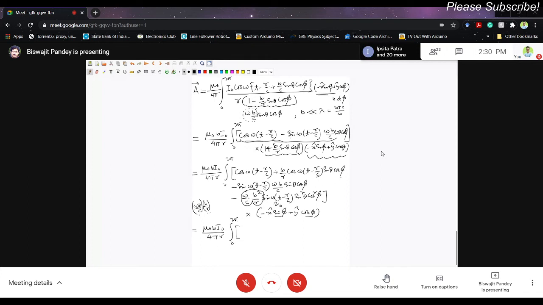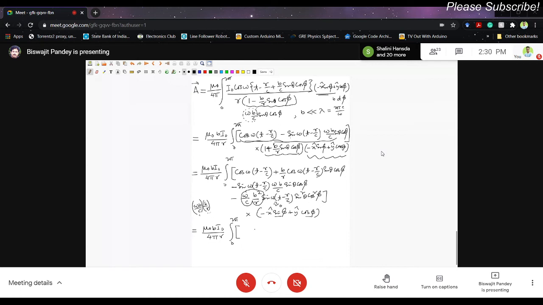Cos phi into cos phi, that will be cos square phi. That term will survive. And for the last term also, cos phi into cos phi, that term will survive. That will also be non-zero. And that only happens for y cap, right? So y cap. I'm not writing all the parts and writing them separately as 0. I have explained which terms will become 0 and which terms will be non-zero. So I am only keeping the terms which will contain cos square phi. All the other terms will become 0, right?